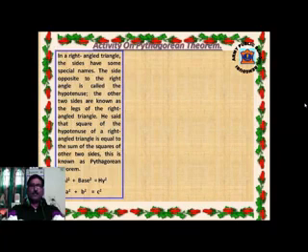In a right triangle, the sides have some special names. The side opposite to the right angle is called the hypotenuse, and the other two sides are known as the legs of the right triangle. The famous Greek mathematician Pythagoras said that the square of the hypotenuse of a right triangle is equal to the sum of the squares of the other two sides. This is known as the Pythagorean theorem. Suppose we consider altitude as A, base as B and hypotenuse as C, then according to the Pythagorean theorem, A square plus B square equals C square, which we have to show through an activity.